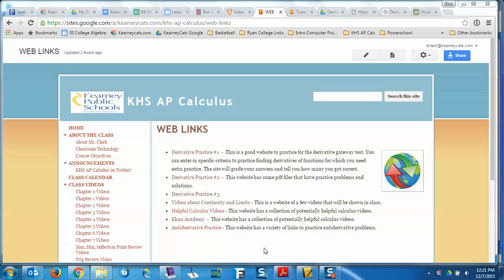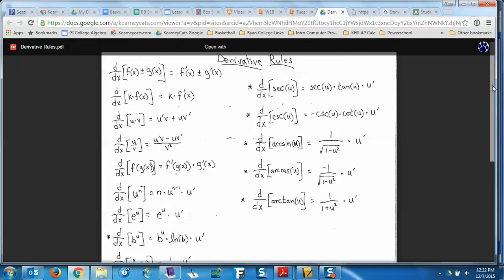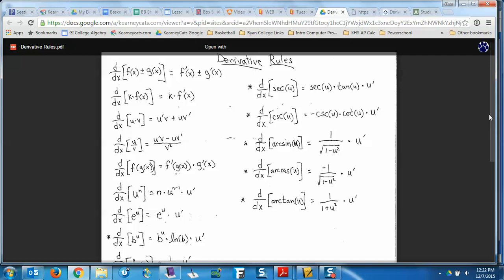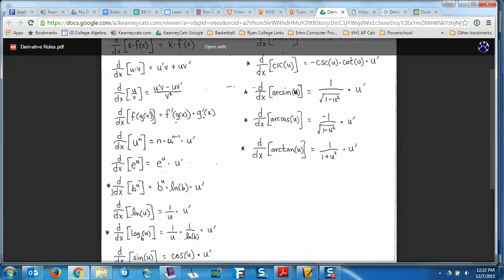hard copy of the derivative rules, which is also online here under the documents section on our website. If we're looking at the derivative rules here, some of these are simpler, obvious ones we have: the product rule, the quotient rule, the chain rule, the derivative inside stuff. And then the ones with the star by them are the ones that you don't see quite as often. So one of the things I've been talking about was,